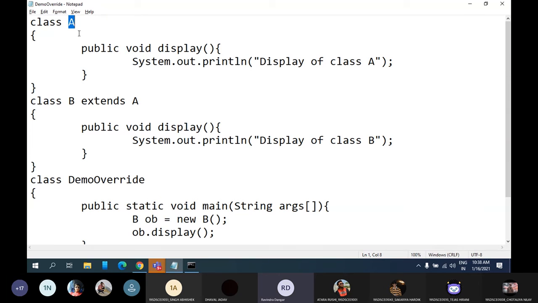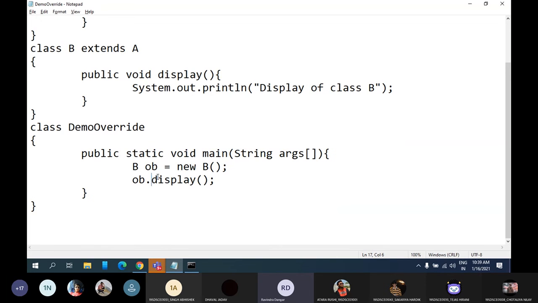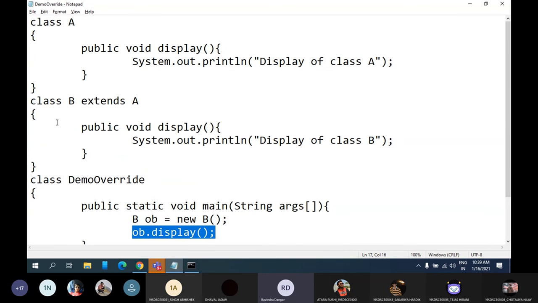Fine. This concept is known as method overriding. See here what happens. The display method of subclass overrides the display method of superclass because everything is same in both the classes. So whenever you create an object of subclass, as I said, it will first try to find this method in the same class only. It will never go for checking the superclass. As soon as you create an object of class B and using that object, if you try to access display method, what will the interpreter do? It will try to check for display method in the same class only.